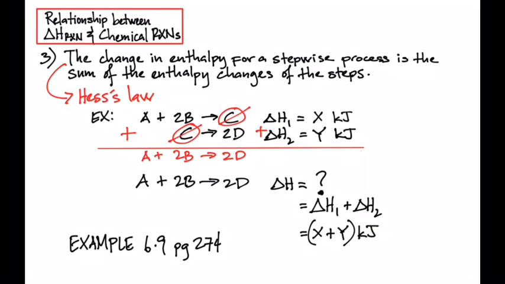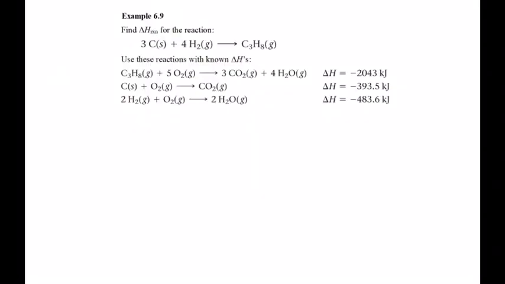So let's look at an example here. So let's say that we have this chemical reaction equation. We have three different chemical reaction equations. And we're trying to find the delta H of reaction of this specific chemical reaction equation shown here. So how do we solve the delta H of reaction for this reaction given the delta H values for these reactions here? So first we'll look at the source of carbon in the chemical reaction, source of hydrogen gas, source